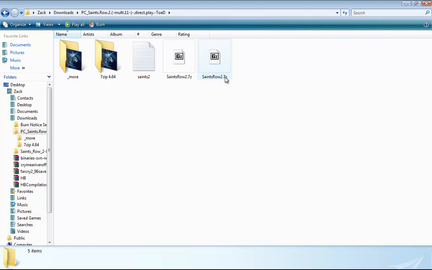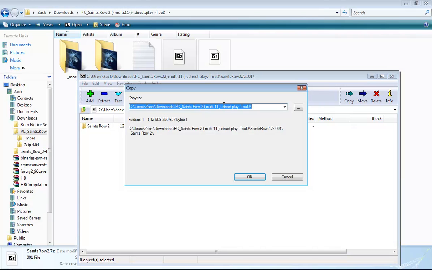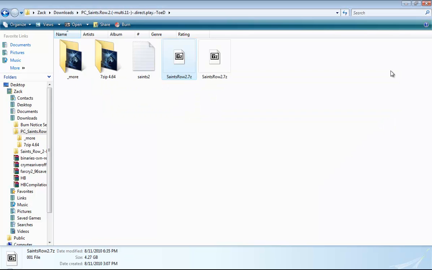You should get an error message. That's because it's a .002 file, which is not the primary file you need to open with 7-zip. Open it up with 7-zip. Just hit this one. If you let your mouse hover, it should say type 001 file. Open it and hit the minus extract button, and it should just be this, and hit OK. I'm not going to hit OK, but once it's done, there should be a Saints Row